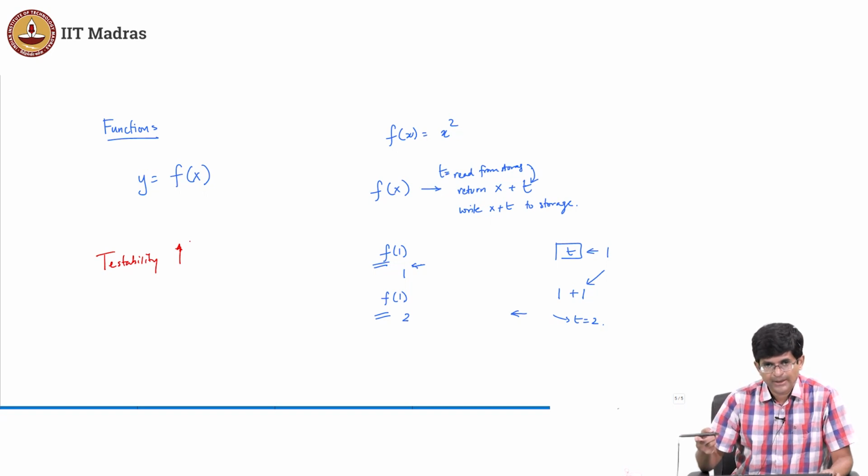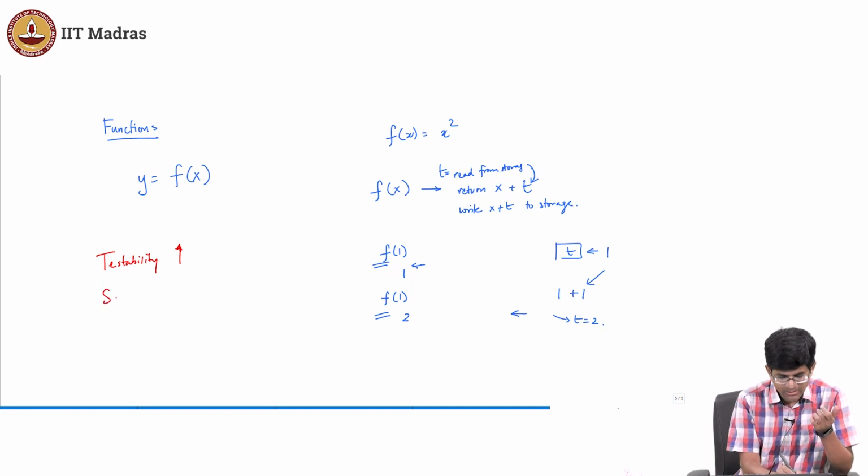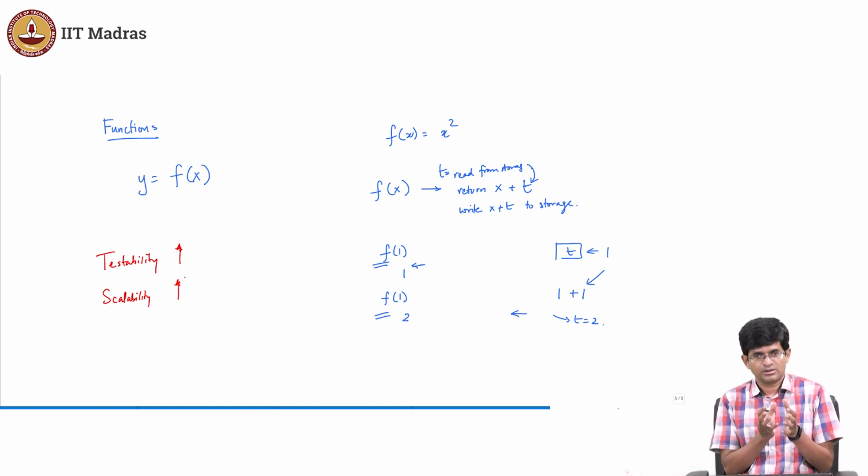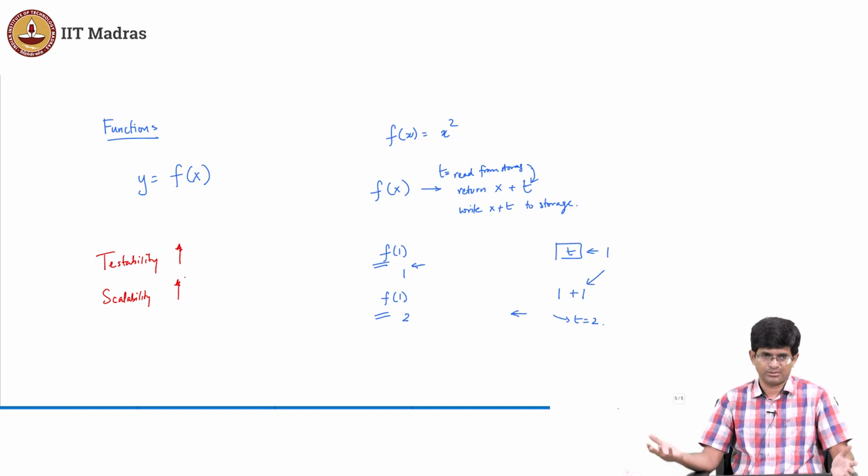The second thing is, if I know that for a given input, I am always going to get the same output, what does that imply in terms of scalability? That is to say, can I now run this anywhere? Can I run it on a different computer? Can I run it on a different server somewhere else? Yeah, because I know that no matter where I run it, I'll get the same answer. So, scalability also goes exactly the same way. These two properties are the key to how you should be thinking if you are looking at something which can really start scaling up.